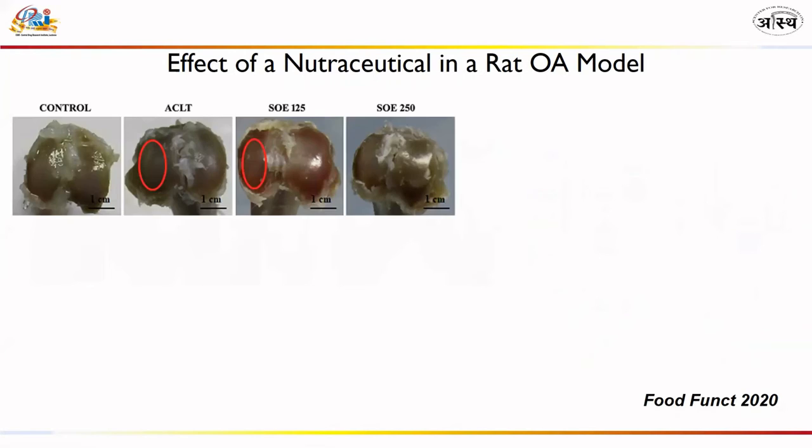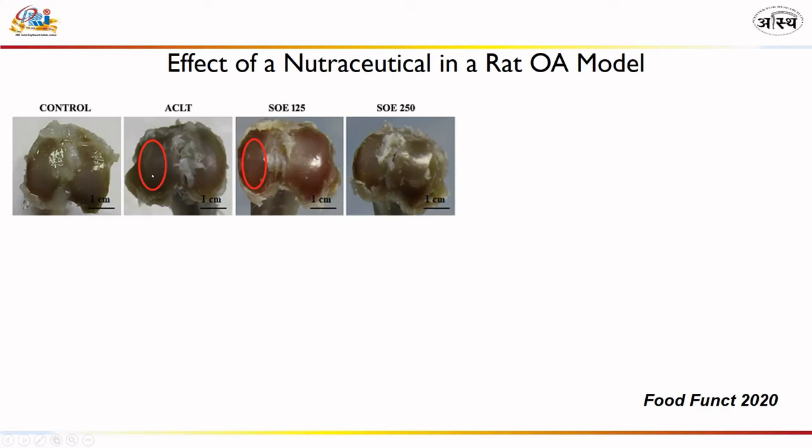Then we have a model called osteoarthritis. It can be created chemically as well as surgically. Remember, chemical creation of models is more challenging because of problems with reproducibility. This is surgical, which is anterior cruciate ligament transection. So we do it in the rat,